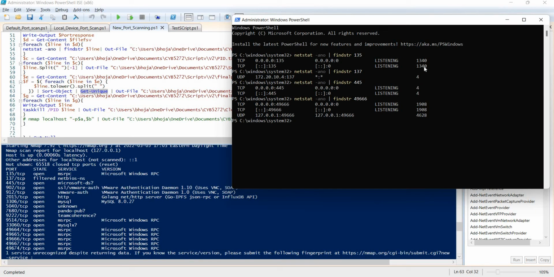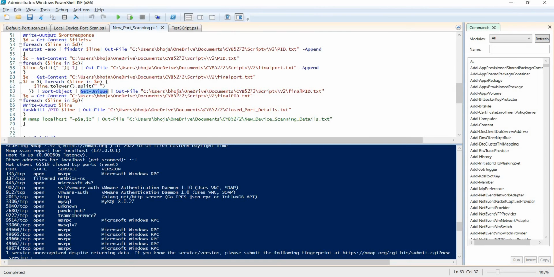So the 1340 and 1340 is a duplicate, so it will only get one 1340. Then from 1908, 1908, it will only save the unique one as 1908, not two of them. So in the final PID we will get both of them,